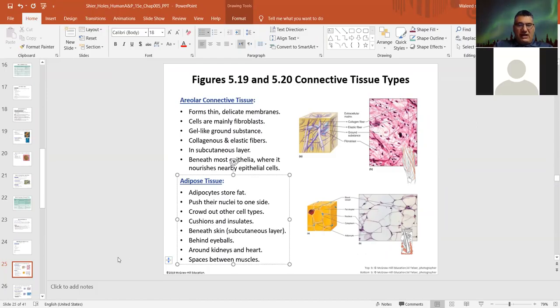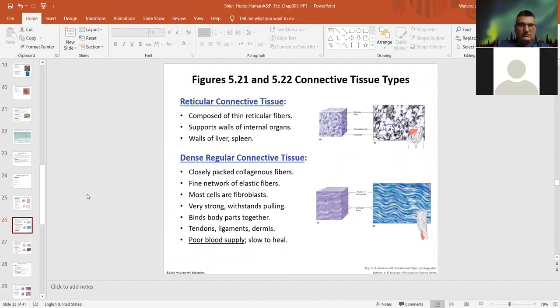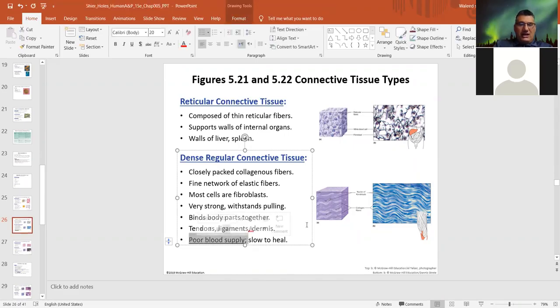Adipose tissue, which is the fat, is the most common one that we all know. You say, I'm gaining weight. It's the fat under your skin. This is a major one, but this is not the only one. Around all organs, you have fat to protect and absorb shock. Reticular connective tissue is in the liver and spleen. Dense regular connective tissue has a poor blood supply, and most importantly,